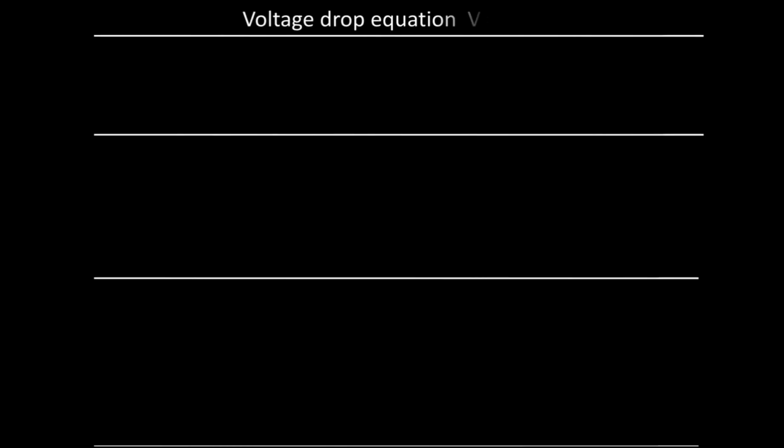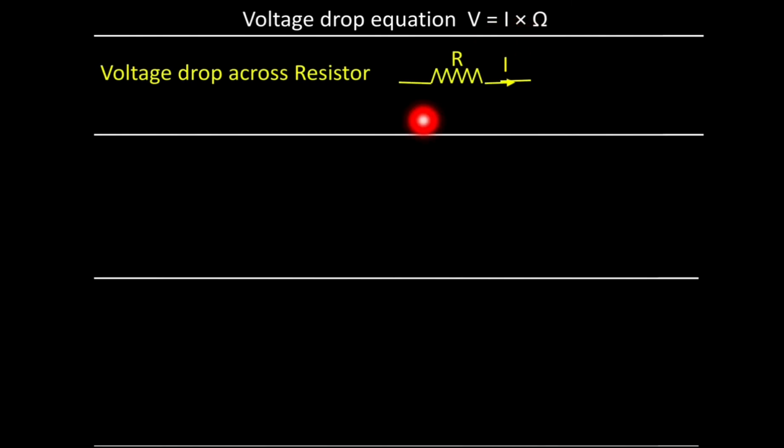Now next, when we use Kirchhoff's voltage law, we have to write down the voltage drop equations, and the voltage drop equation is given by V is equal to I into Ohm. So we have to multiply the ohmic value of that particular element with I. If a resistor is given, its unit is already in Ohm. So we can easily write VR, that is the voltage drop across the resistor, is equal to I into R, because R is already in Ohm.